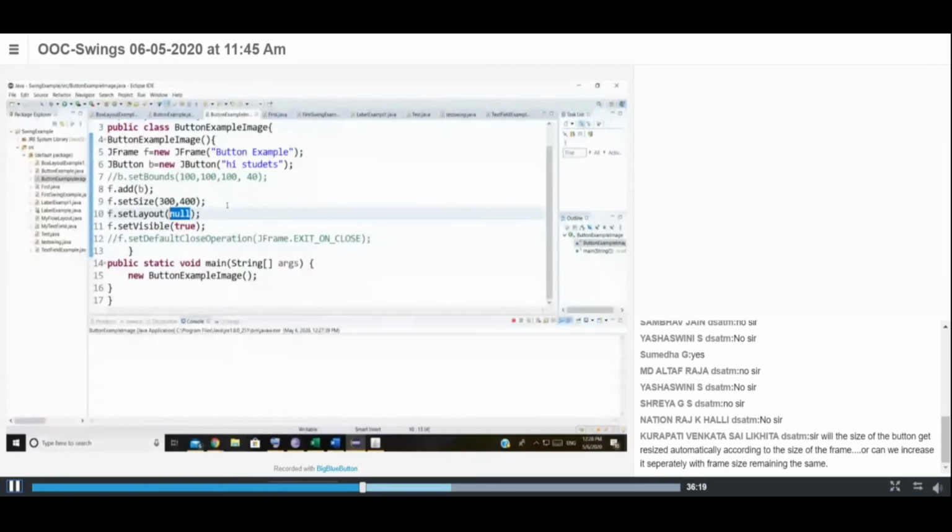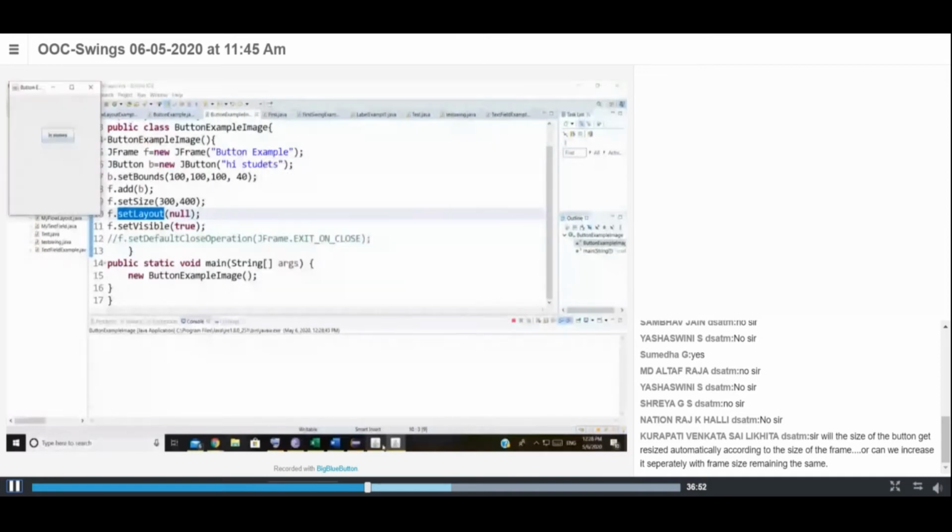But I am not using any layout here. It means that if the layout value is null, then you have to specify exactly in which location your button should be present in your frame. The choosing of layout is very important in your Swing applications. So now I will execute.